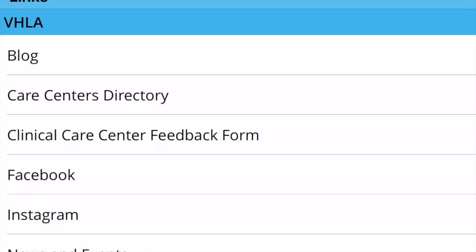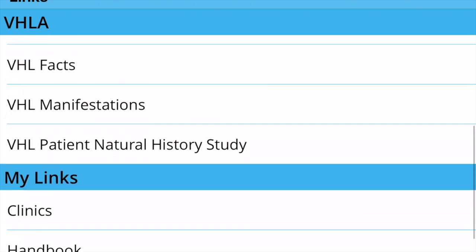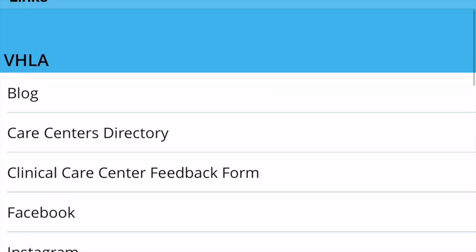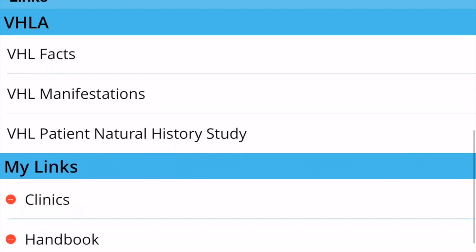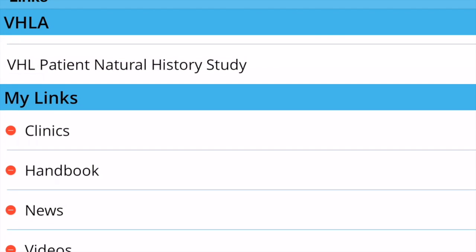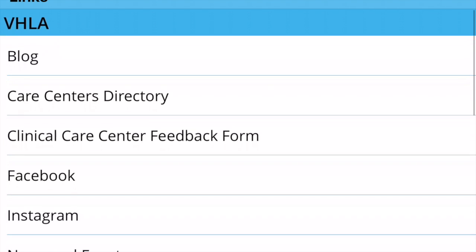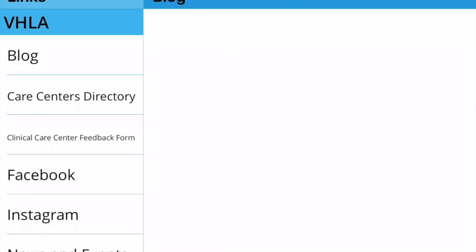What else? Let's go back to the web. We'll do the web here. So with the web, now you see the VHL links. Now if you click edit, you can't edit this section because these are the ones that we want them to always have. But you can edit these my links, of course. Now the my links, you might ask, where do those come from? Say they wanted to go to the blog. The blog will pop out,